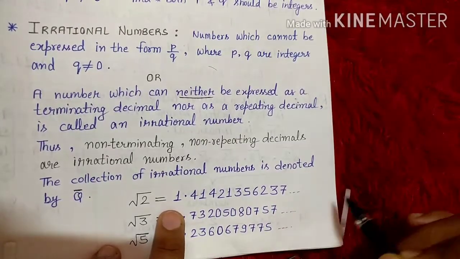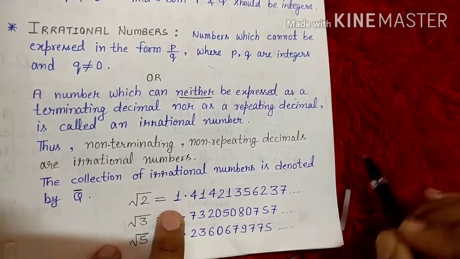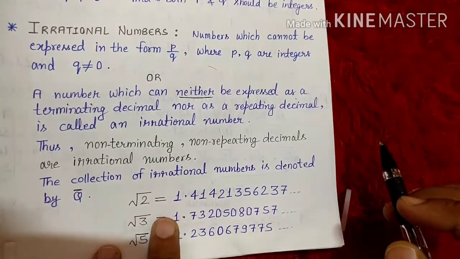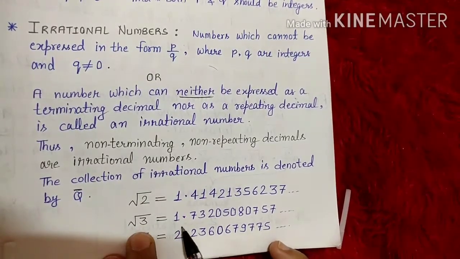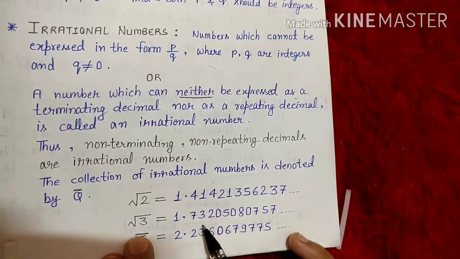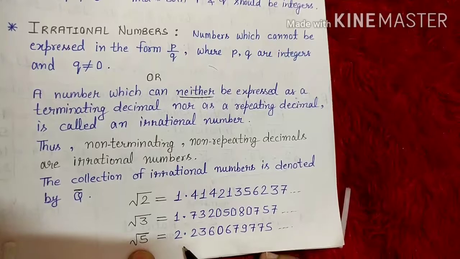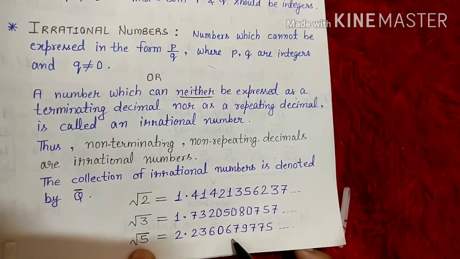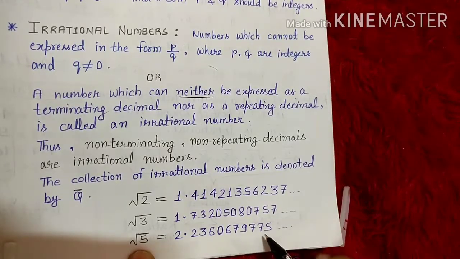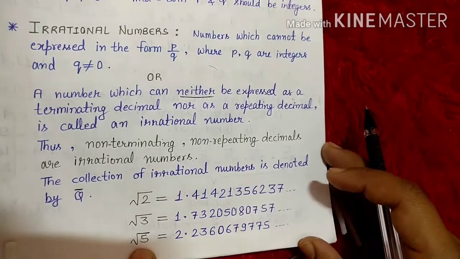1.41421356276237 and so on. It will not come to an end. In the same way, root 3 will come 1.732050808757. Root 5 will come 2.23606797775. In the same way, the value of root 7 will come